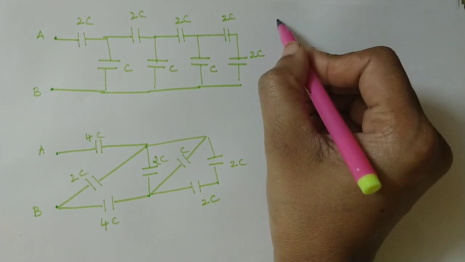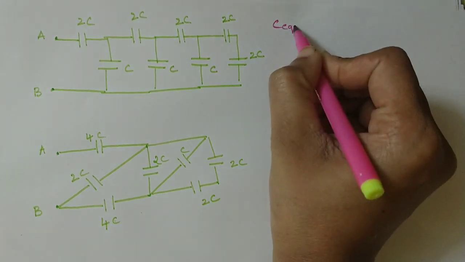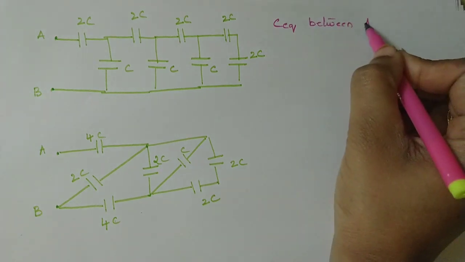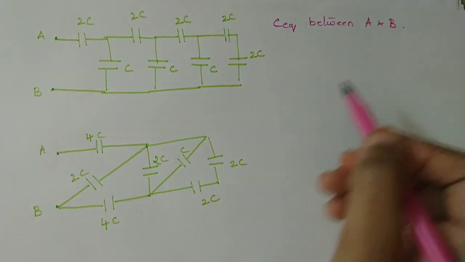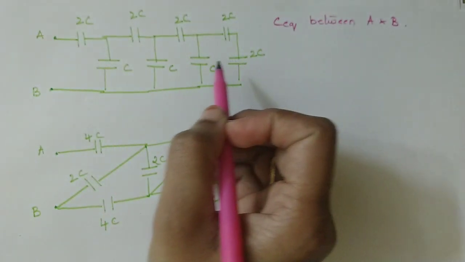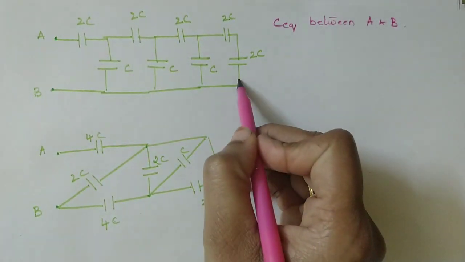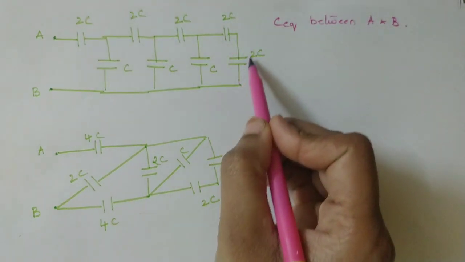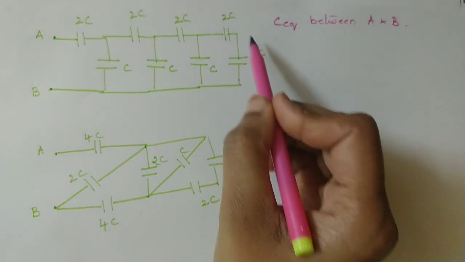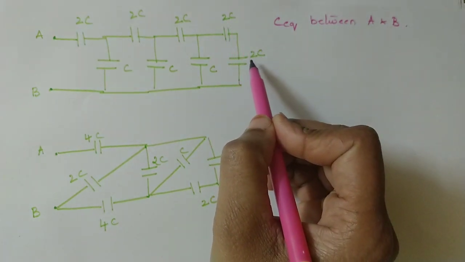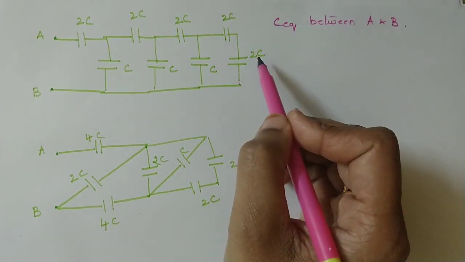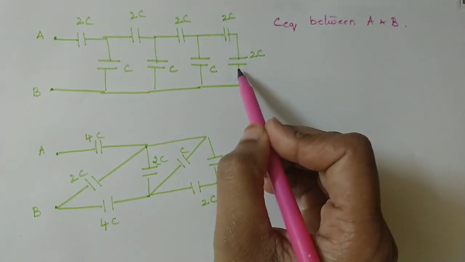between A and B. Okay, the question is find equivalent capacitance between A and B. Now, since the terminals A and B are on the same side, let us try to solve it from the opposite direction. So start from the last branch. So observe these two capacitors, they are actually connected in series. So if 2C and 2C are in series, we know answer would be 1 by 2C plus 1 by 2C, that is 1 by C and its reciprocal. You will get the answer as C.